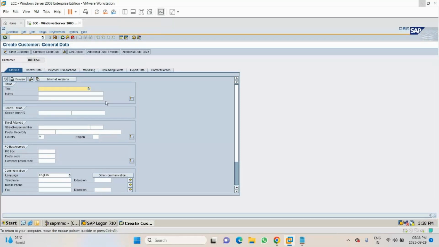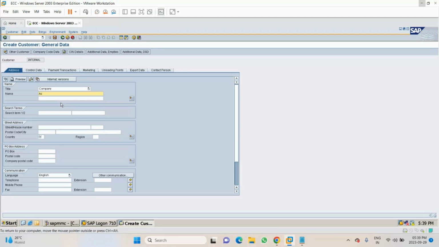In title, again, you will have the same options: company, doctor, Mr., Mrs., Miss, something like this. Whichever you would like to choose, you can choose here. I'm giving this as a company. The name of the company, as I have given an example, same thing I will take here as Ashwini